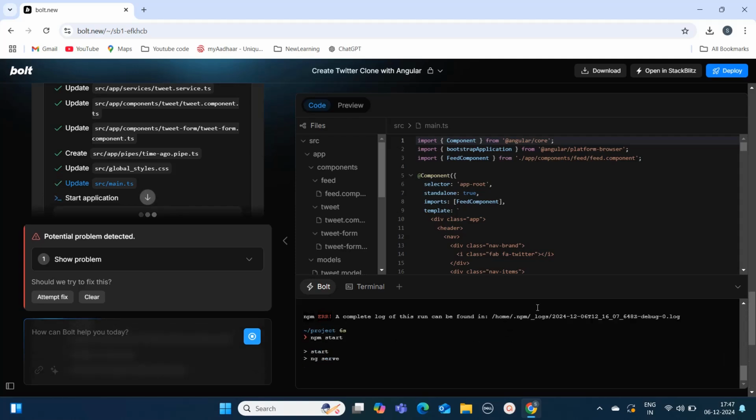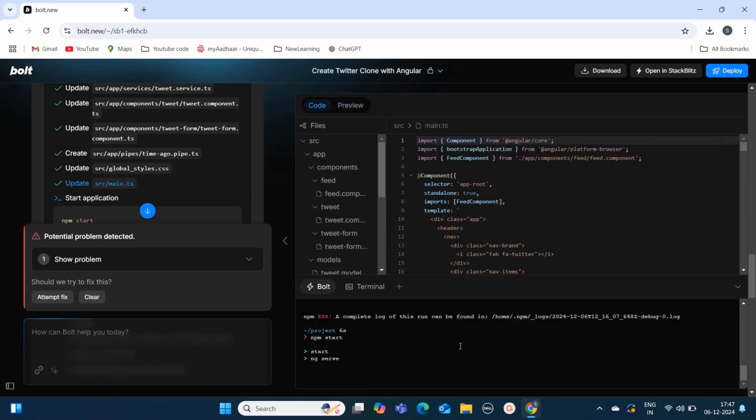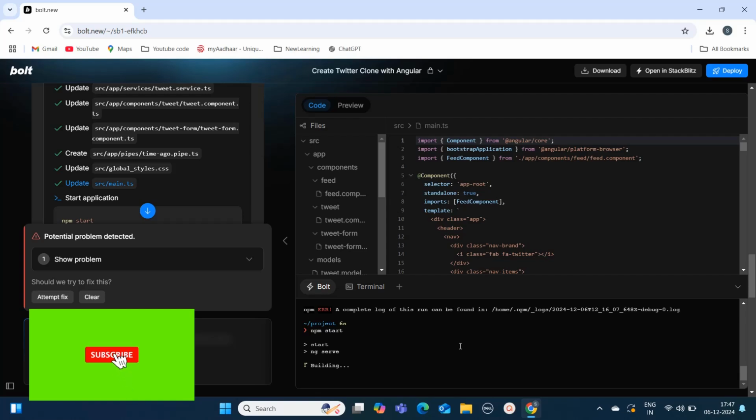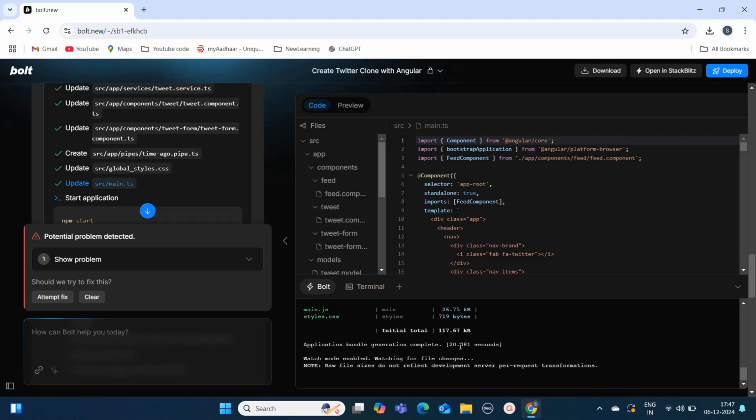Okay, so now it is running the npm start command and ng serve command, and it will again start building the project. And after that, if we get any errors, then we can click on attempt fix, but if we don't get any, then there is no need to click on attempt fix. And once this completes, we should be able to see the output using preview. So let's just wait for a few more seconds, and we should be able to see the much more